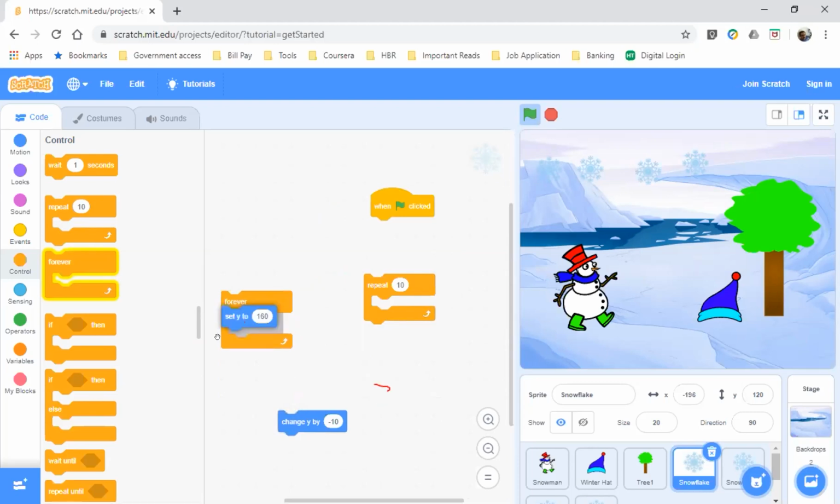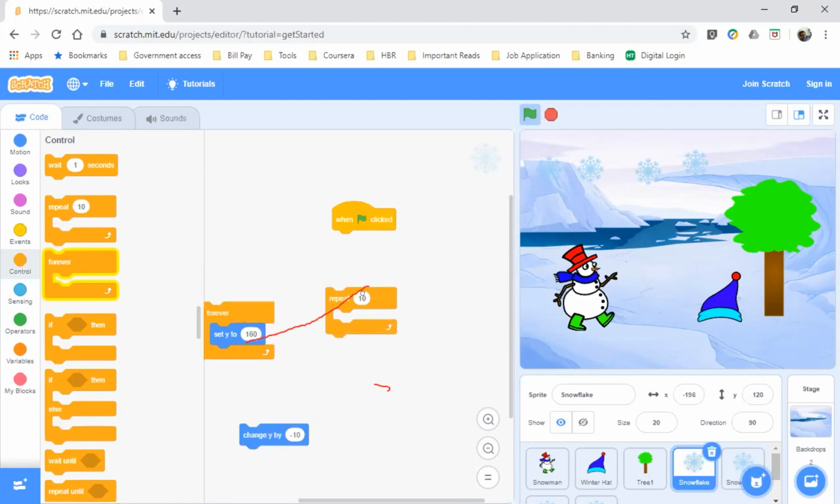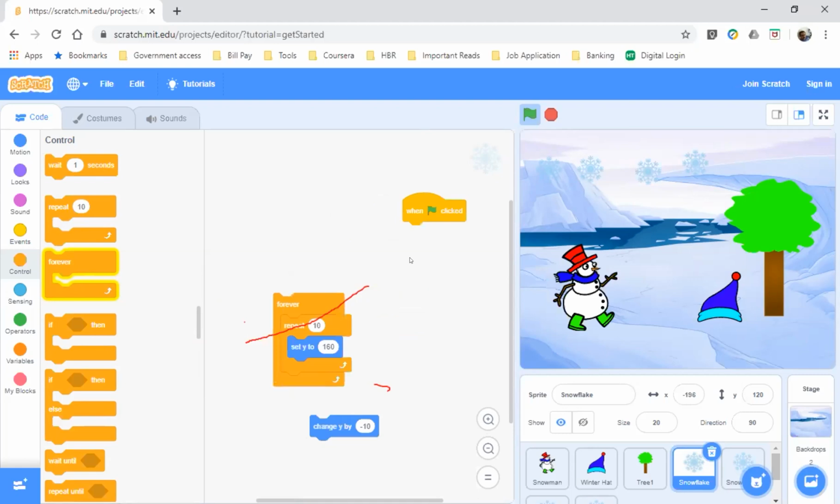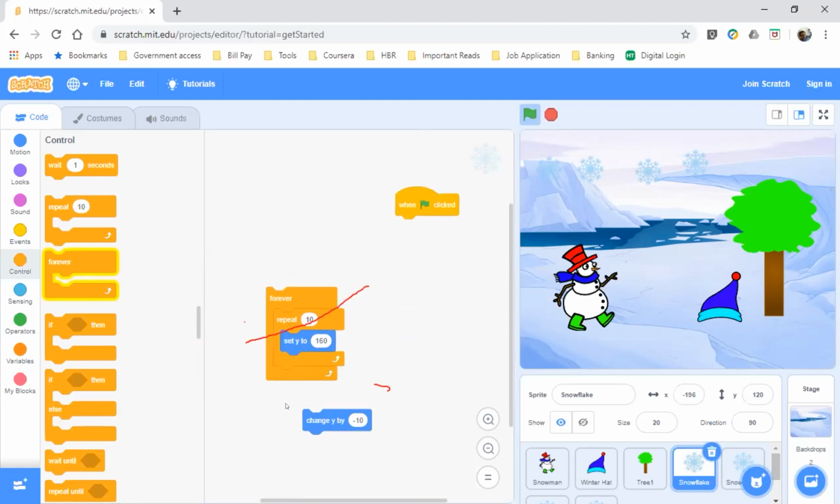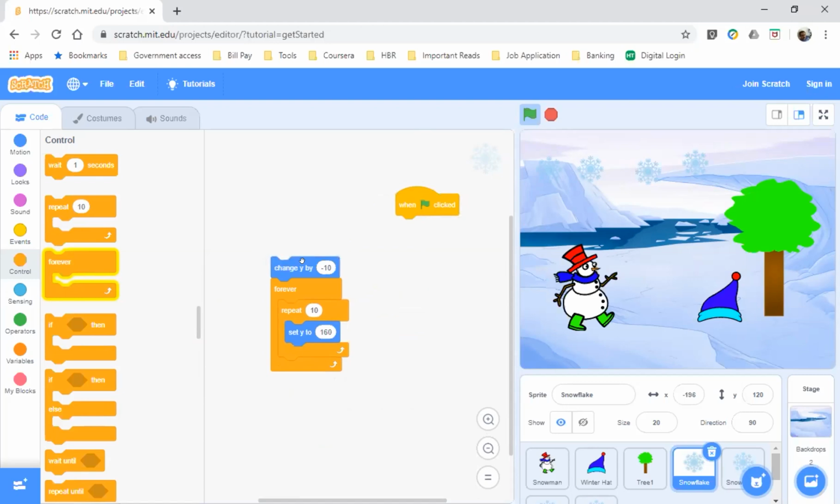Then put repeat after this. No, again set y is inside that. Set y has to be outside of it. No, we are not doing it correctly, Vihan. Separate out everything.